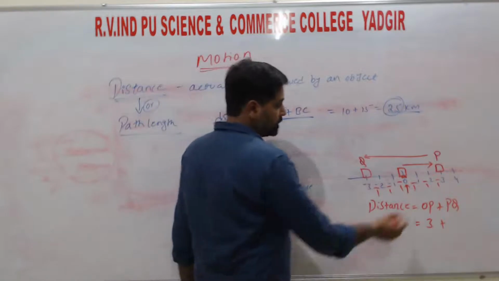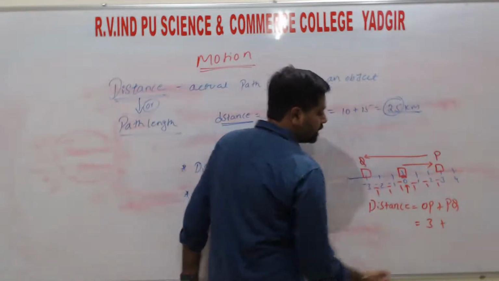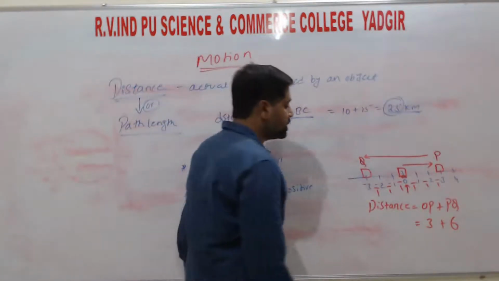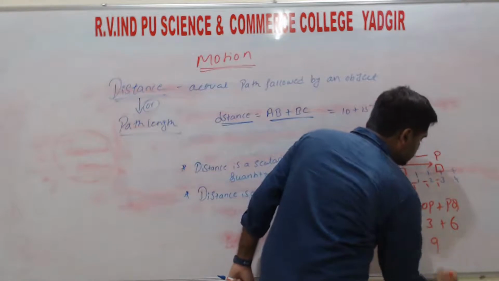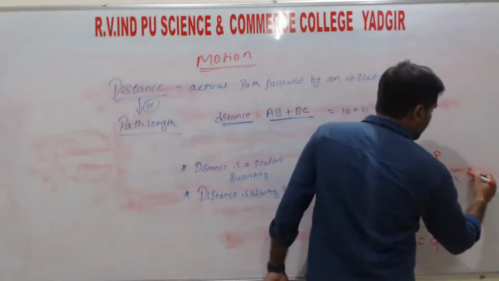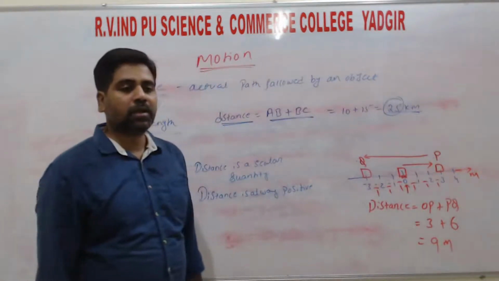So the distance covered from P to Q is 1, 2, 3, 4, 5 and 6. 3 plus 6. So the total distance covered is how much? That is 9. So if this is in meters, then the total distance covered by the object is 9